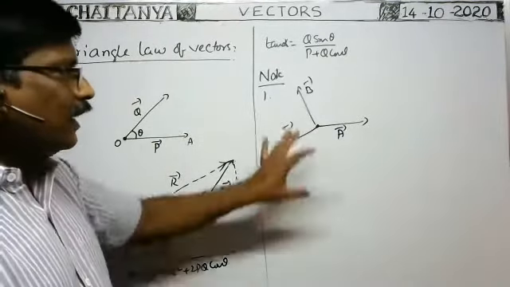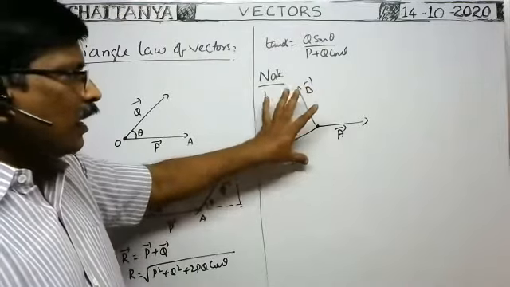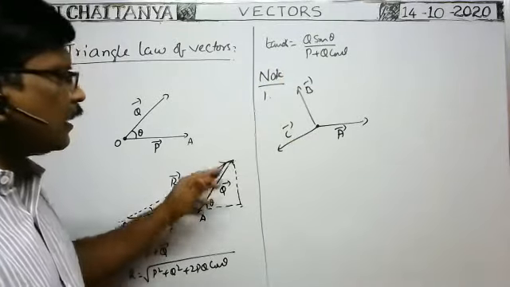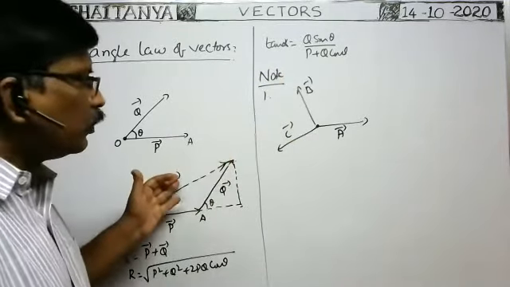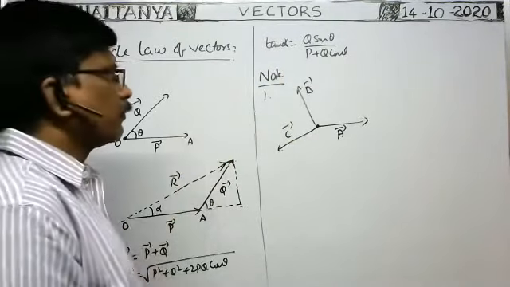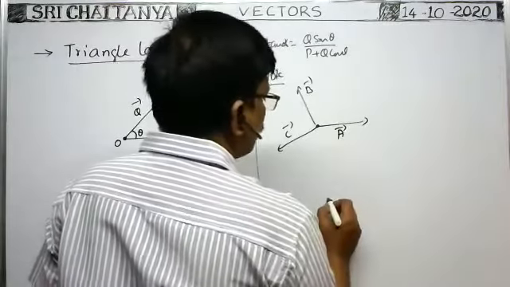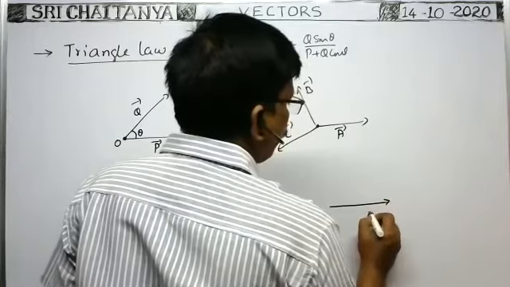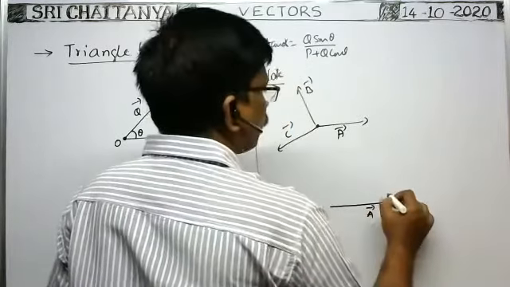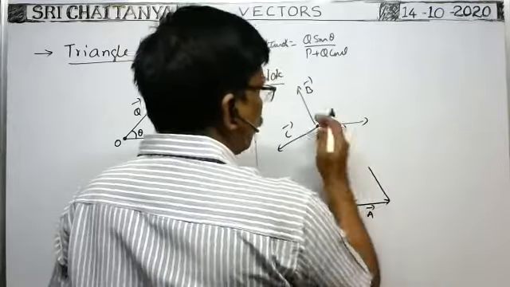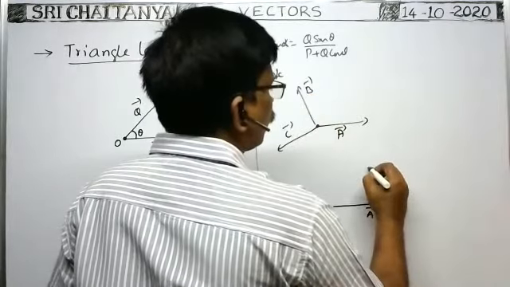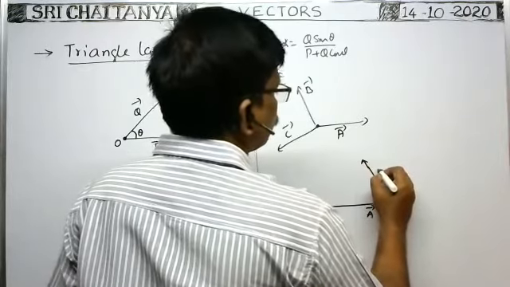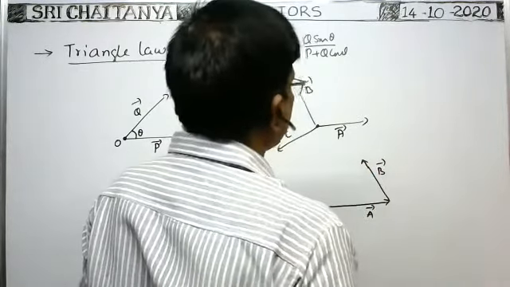Then the three vectors, or these three forces, can be represented by the adjacent sides of a triangle taken in order, both in magnitude as well as direction. You see here, this vector A bar is represented like this. Next, from this, B bar is in this direction, parallel to this one. You draw a line here. So B bar is in this direction.